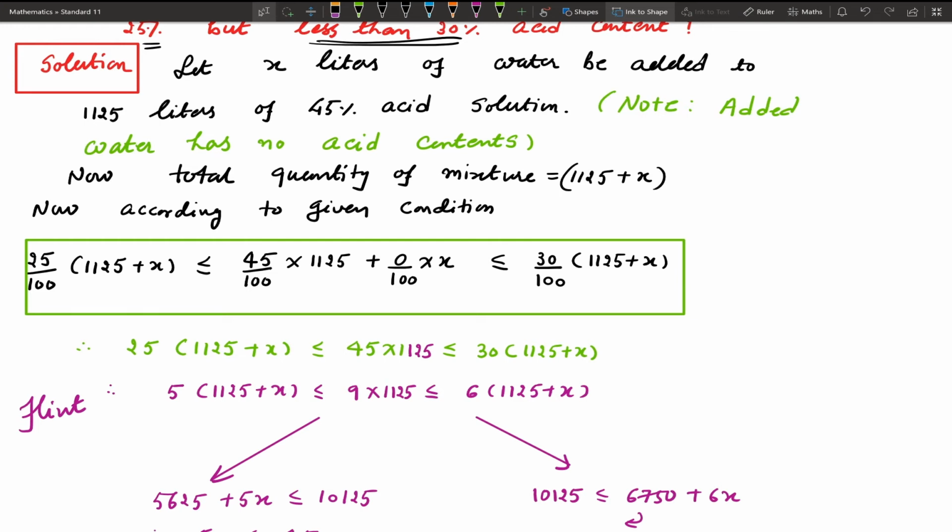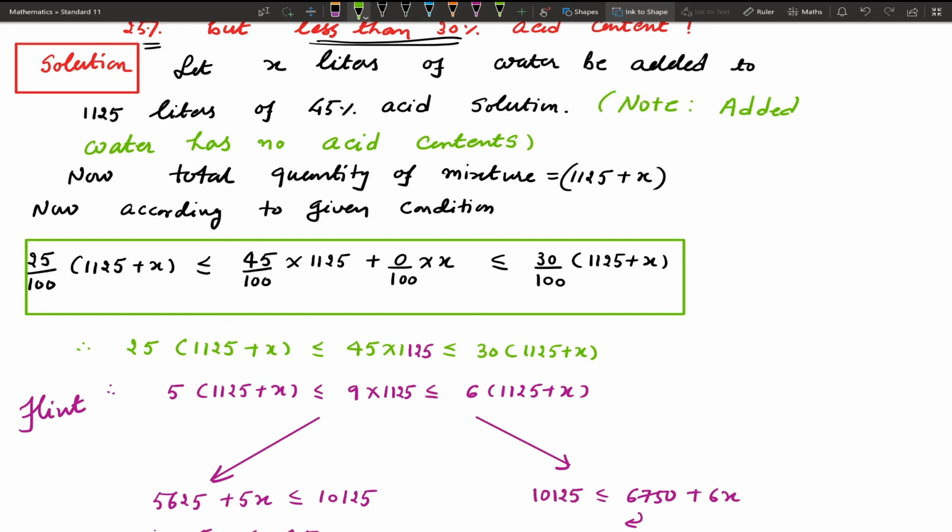Now this total mixture lies between 25% and 30%. So 25% of, so 25 upon 100 into bracket 1125 plus X